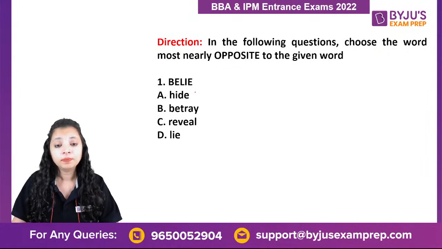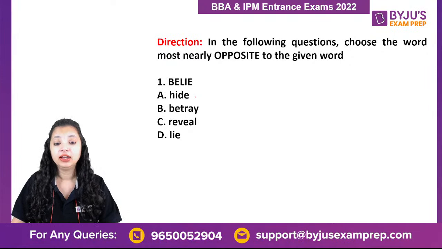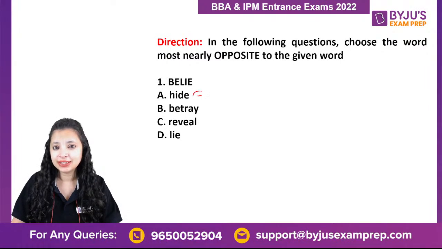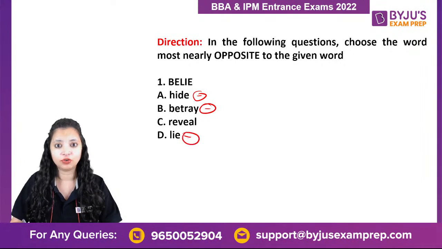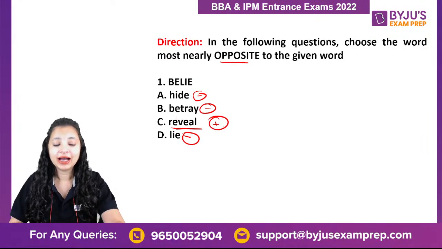Okay. Now, if you don't know the exact meaning of belie, you could eliminate a lot of options here. With elimination, you could have easily found your answer. Now see, hide has a little negative connotation. Betray also has a negative one. Lie also has a negative connotation. Only and only reveal has a little positive connotation. So obviously, if I have to mark the opposite of belie, the answer clearly here has,